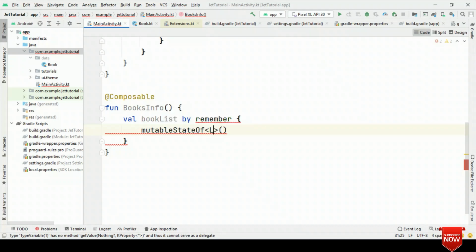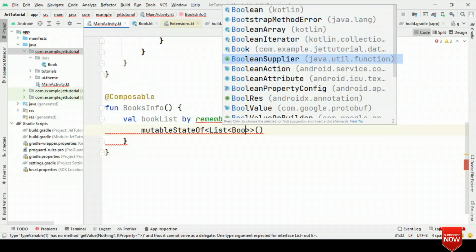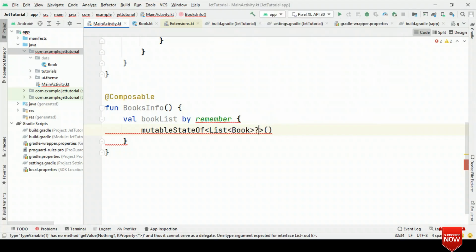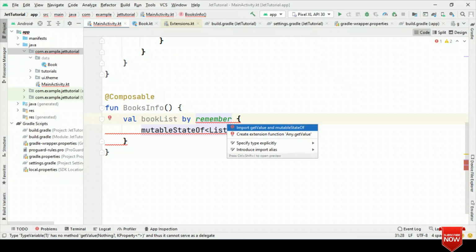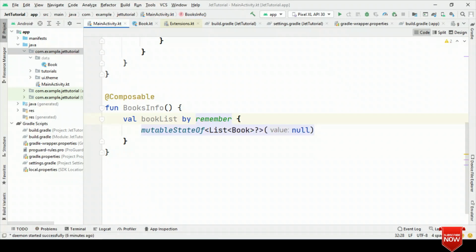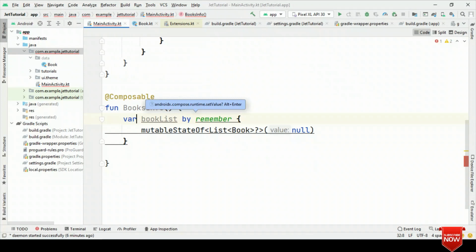Well, this is of type list of our model class, which was Book, so we'll have list of Book with the default value as null. And that's it. And also let's change this to var, because we want to assign the value back to bookList.